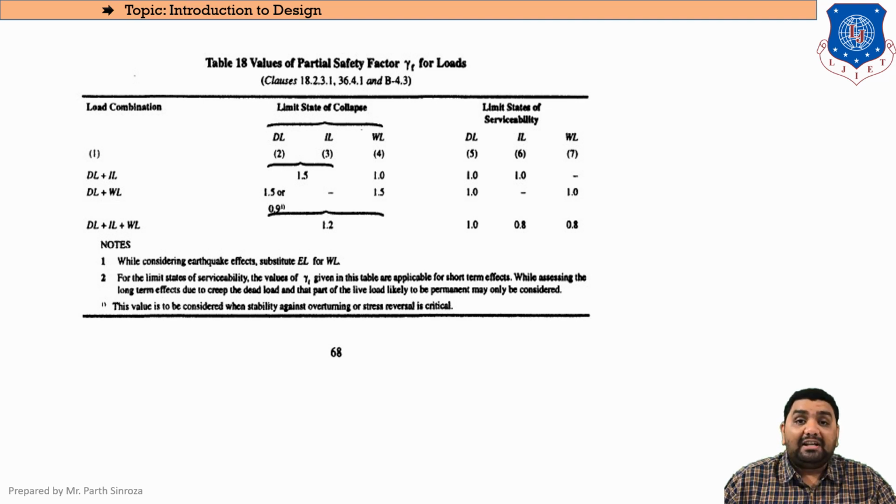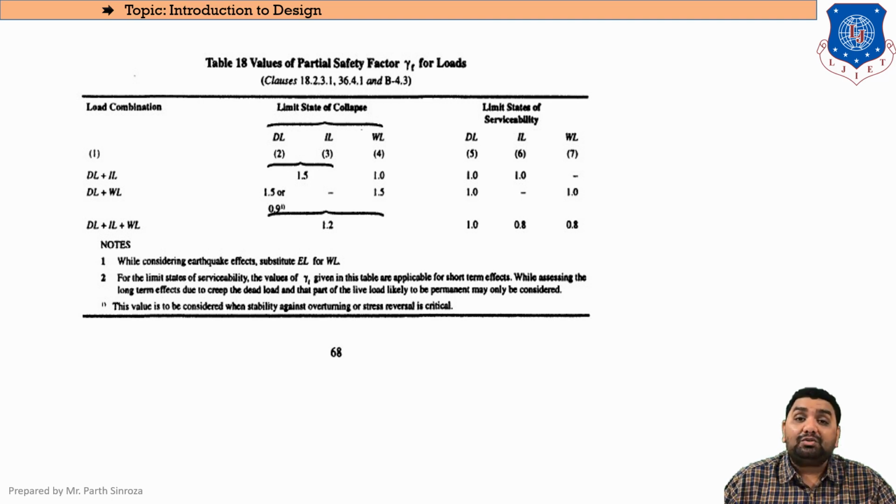And then as we discussed about the loads, there are some load combinations given in your IS code. So basically we will go through the basic points that we'll be covering in your IS code in this session. So now from page number 68 of your IS 456-2000, from Table number 18, here you can see that in the first column it is mentioned load combinations. The load combinations that we will be discussing. The first load combination is dead load plus IL, that is imposed load, or you can say live load. The basic version of the analysis or the design will be the calculation of dead load plus live load. We will be using that in the entire syllabus.